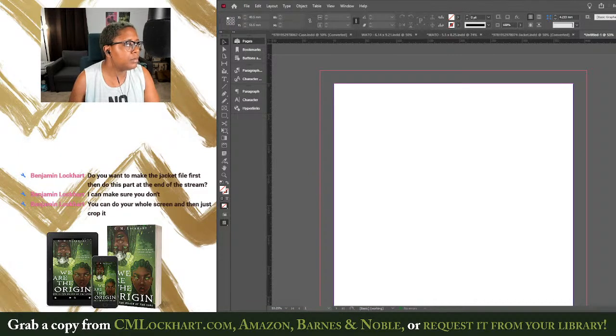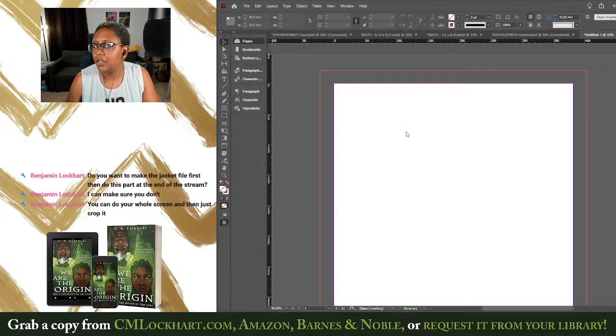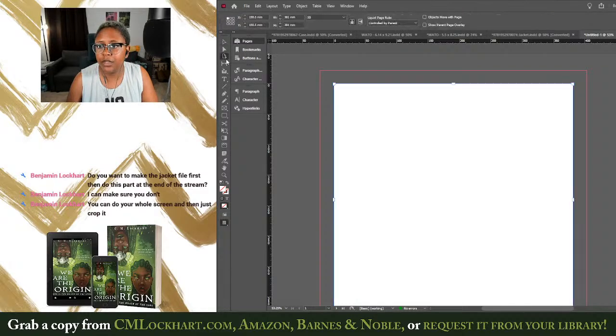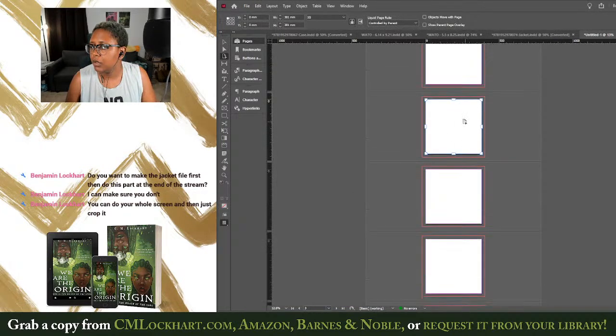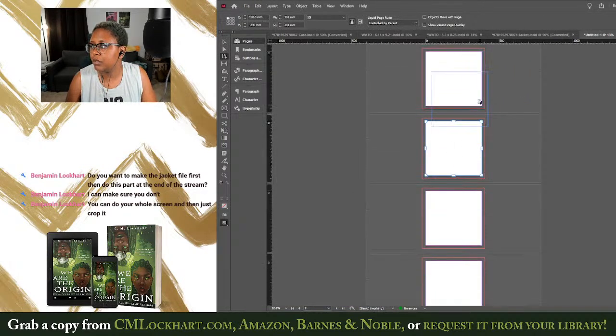Pages panel, options button. Pages panel, options button. Here we go. And we need here, allow pages to shuffle. We have to uncheck that, and then we can come over here to the page tool, and we should be able to move these next to each other. But